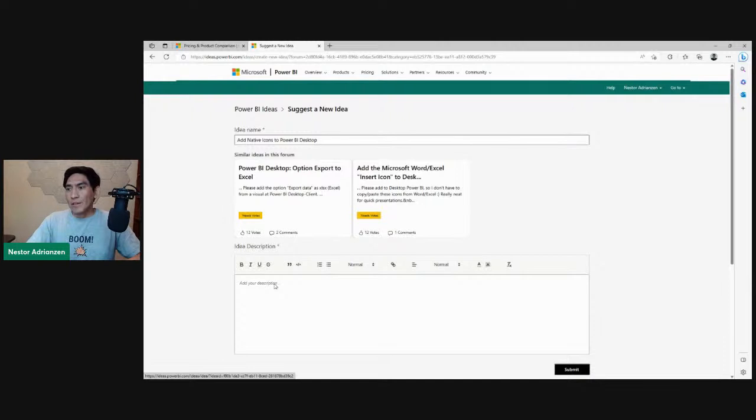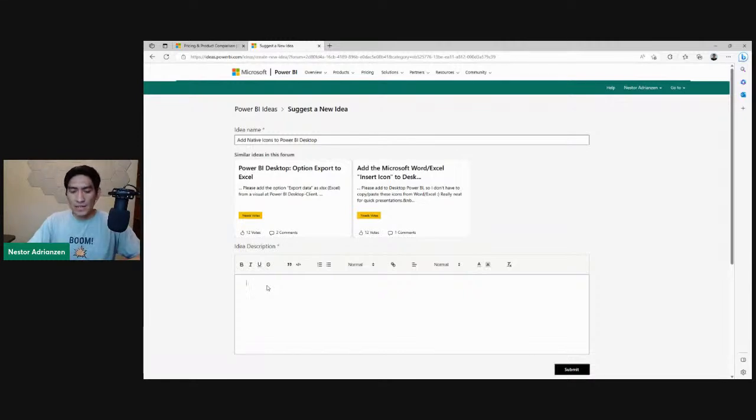And then you can start adding more comments, right? Let's see if we can add more comments here. But there are similar ideas here that need votes. Let's say that we want to, hopefully this works. Let's see. I don't think it, oh, there you go. So let's see if this works. There you go. So now we can add more description about our idea, right?